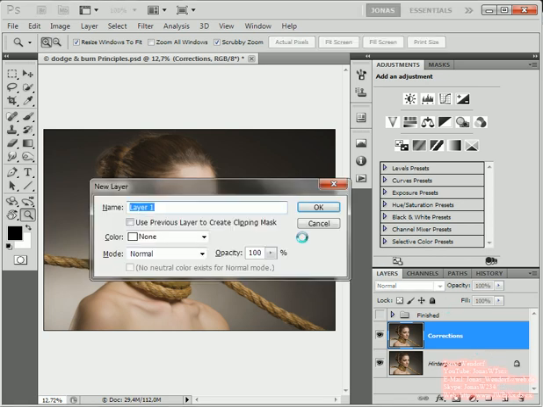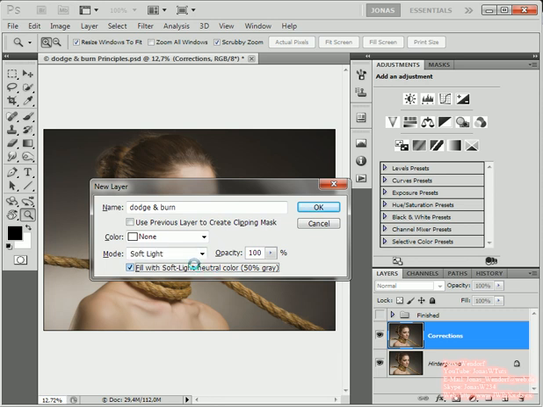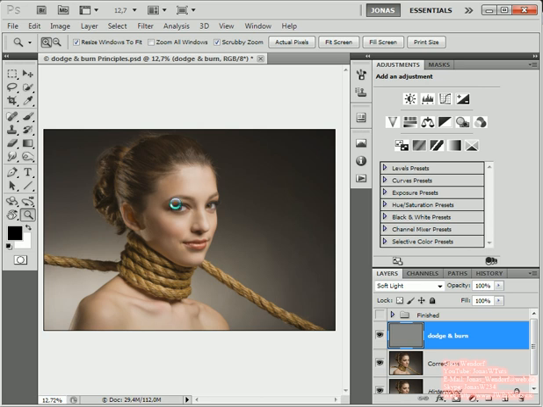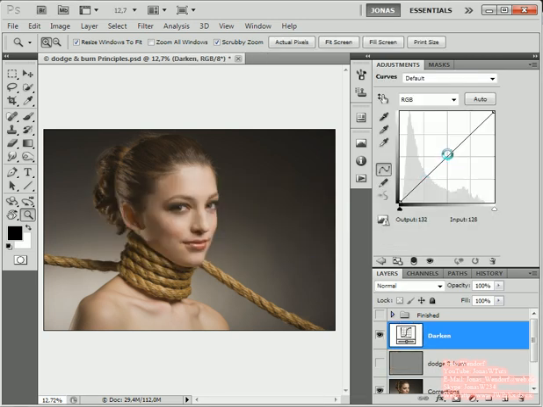I'm going to add a new layer. I'm going to call it dodge and burn. Use the mode of soft light and fill it with the soft light neutral color, 50% gray. I use the soft light layer rather than the curves adjustment layers. I can show you. Another option is to use darken